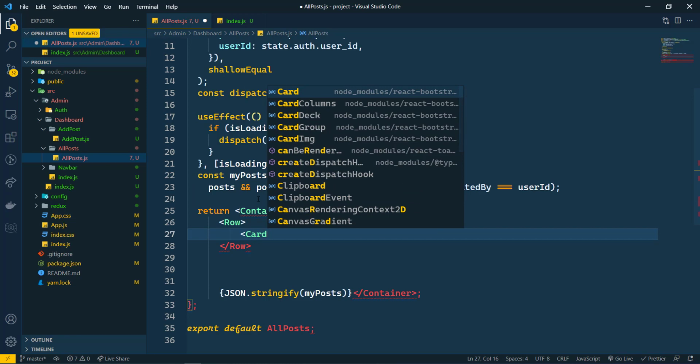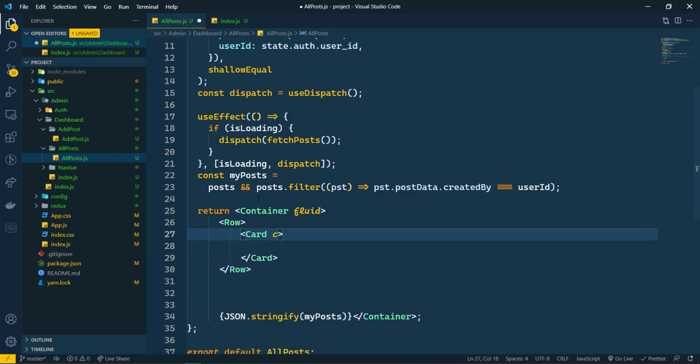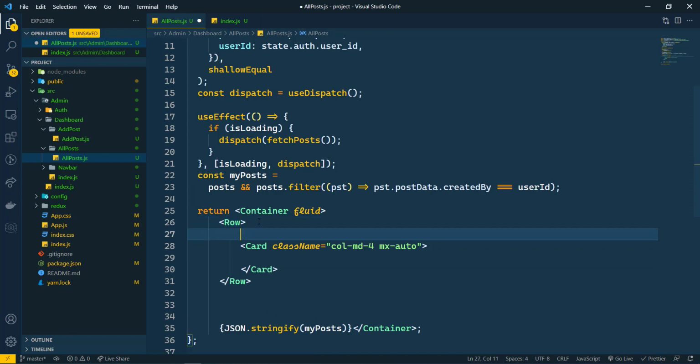Card is imported successfully, and we need the className, and as it is a row here, I'm going to write col-md-4, and it will be mx-auto.